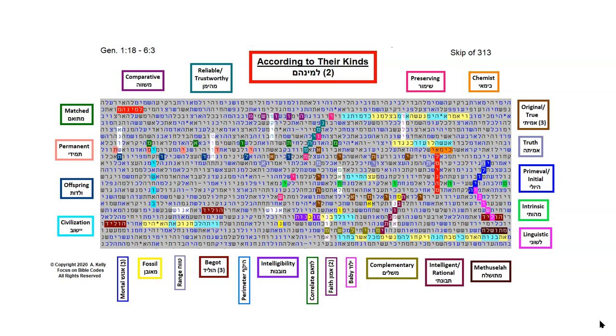The matrix is found entirely within the first 6 chapters of Genesis. The phrase "according to their kinds" is found twice in this table. First, it's here going vertical at a skip of 313 letters. And then it's over here on the left in the plain text of Scripture. This passage is Genesis chapter 1, verse 21, where it talks about the great sea creatures being created according to